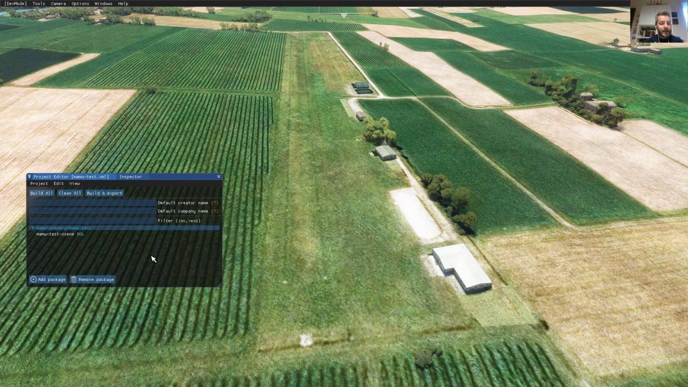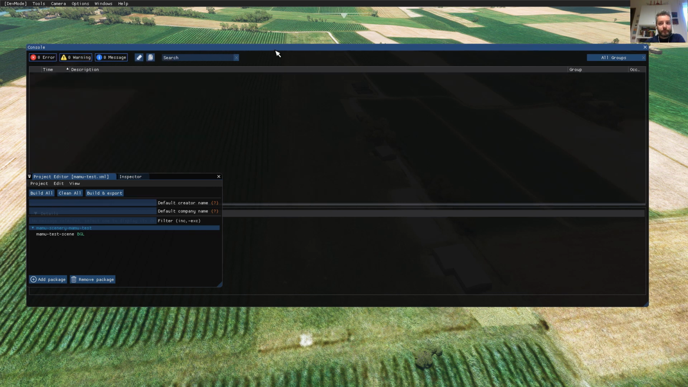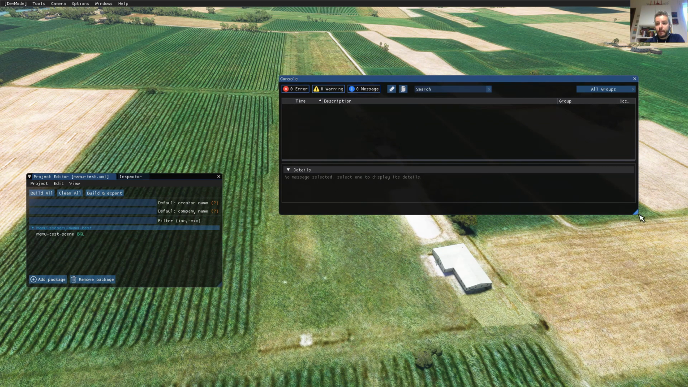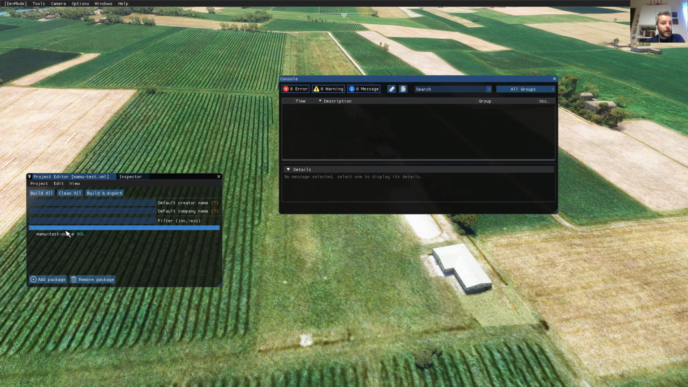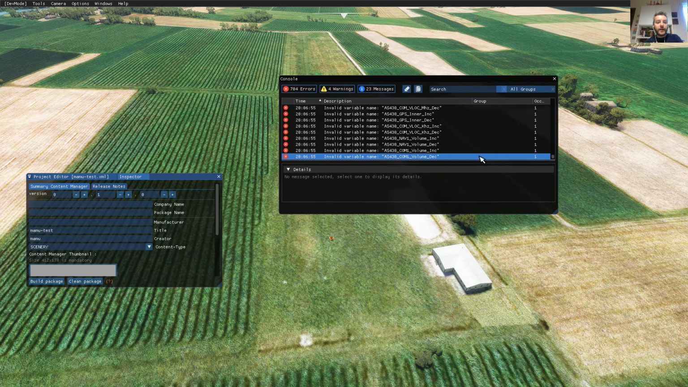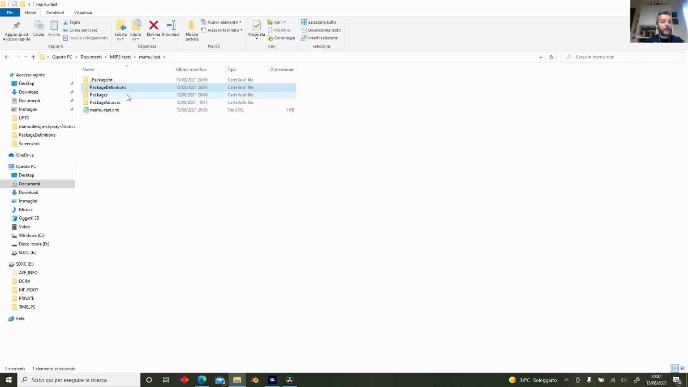Okay, we are pretty much done with the editing of our scenery. So we can open a console to see if there are errors and clear the console. It's a little too big, so put that aside like this. And click on your packages inspector and click on build package. Clicking on build package will create another folder,